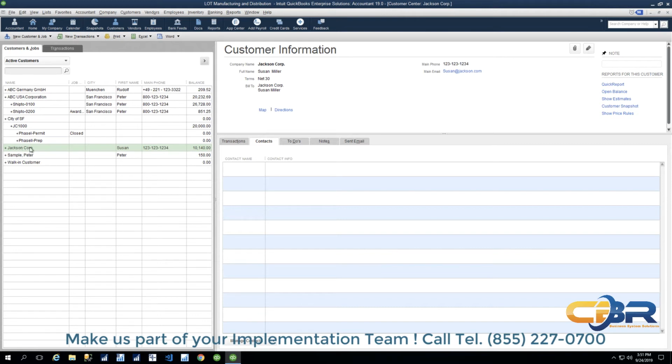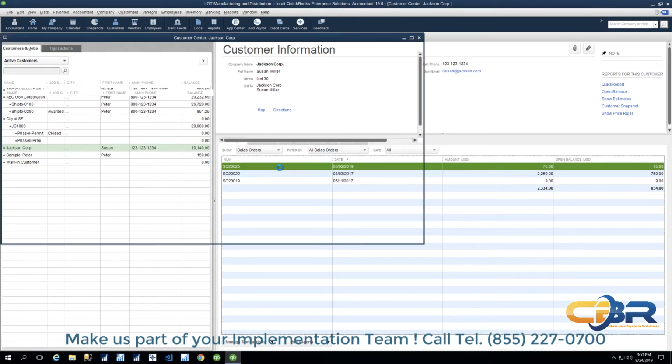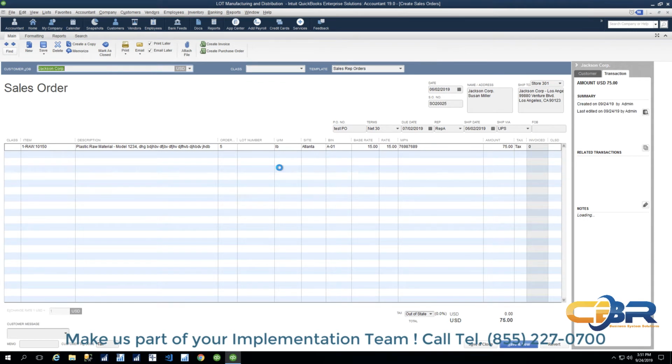I can look at Jackson Corporation here, and under transactions, I can tell the system to look for open sales orders, and it would now show me all the sales orders that I have for this client, and I can double click on the sales order and retrieve the transaction that way. And so those are a couple of different ways on how you can find a sales order for a customer